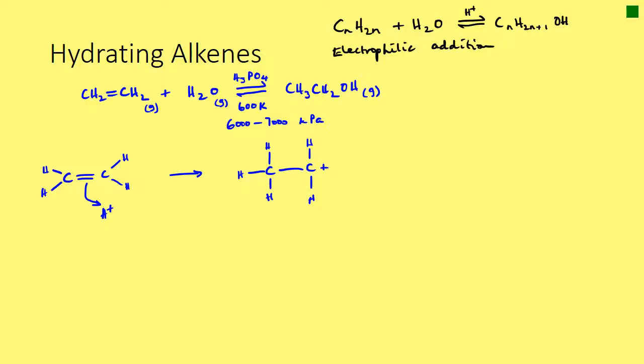And we've made a carbocation. So let's just pause there and track a few electrons. Let's draw out the electrons that were in this bond. Let's draw them as red dots in that bond there, and let's circle this hydrogen ion in red. All right, that has become this hydrogen atom, and those red dots that were in the double bond, the pi bond, right, have made this bond here,